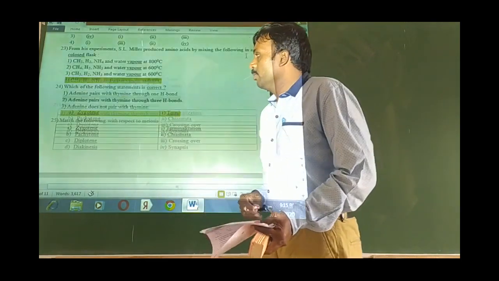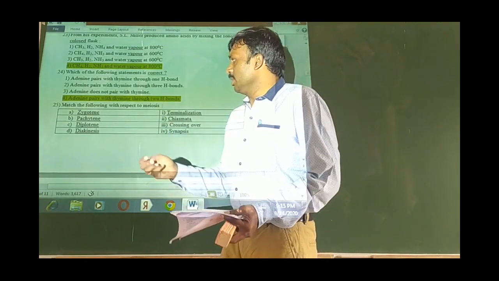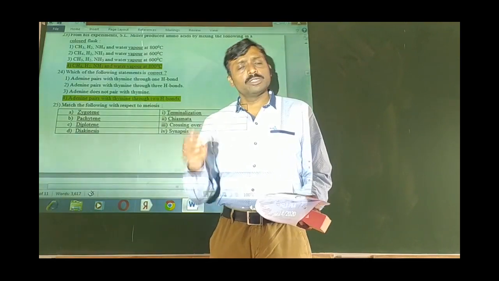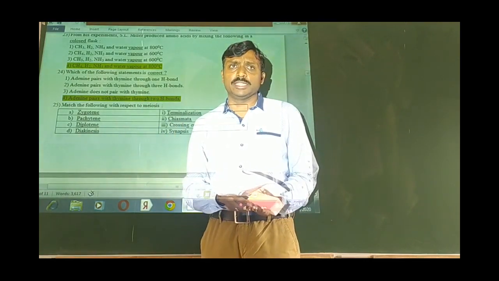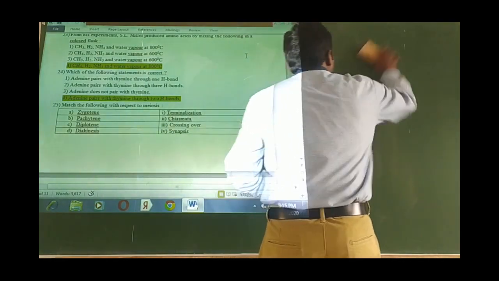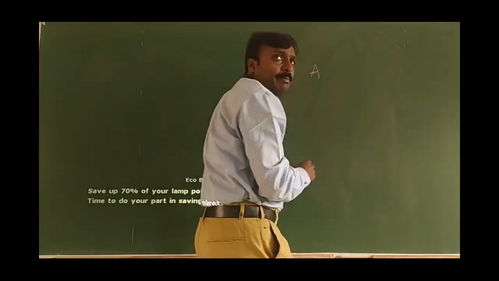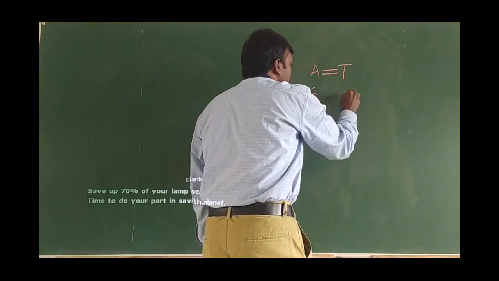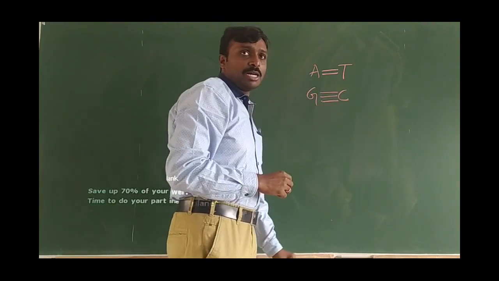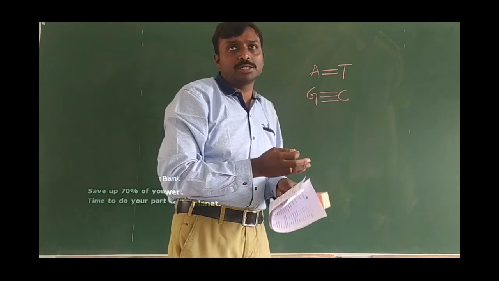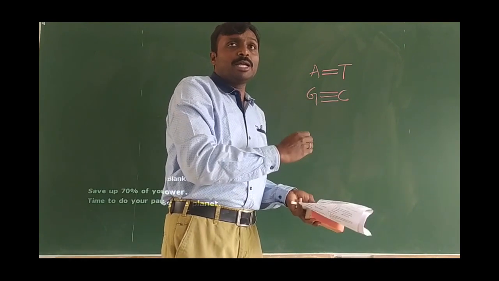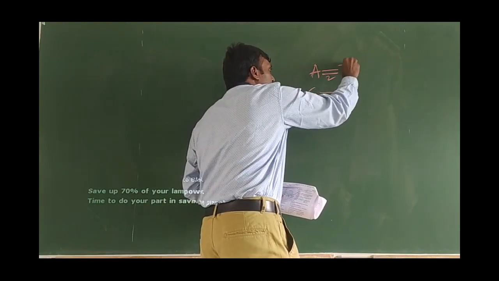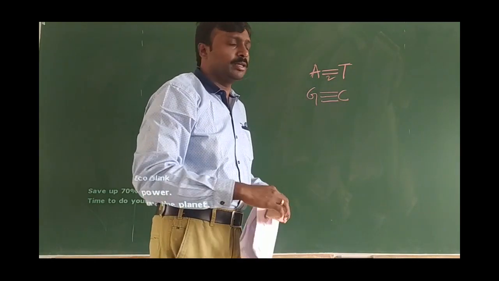Okay, then moving to the 24th. This is a general, little bit application question based on adenine and thymine pairing. So again, from molecular biology or cell biology we can guess it. So always remember A pairs with T with 2 hydrogen bonds, and G always pairs with C with 3 hydrogen bonds. Here they asked about the number of bonds formed between adenine and thymine. So please remember 2 hydrogen bonds, and always in DNA, adenine pairs with T.